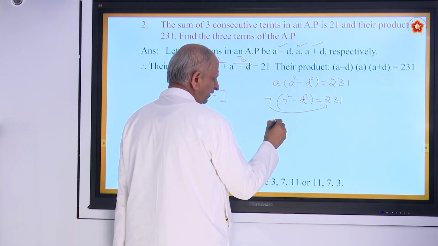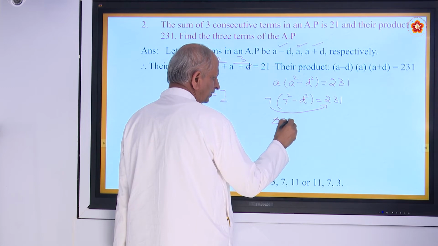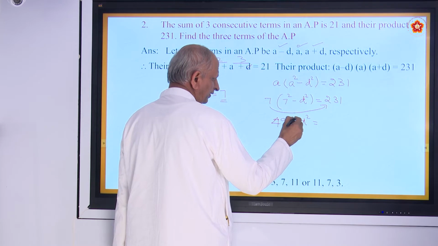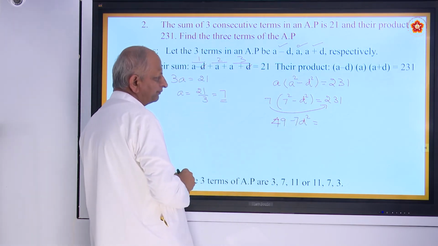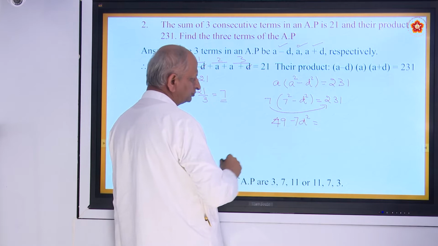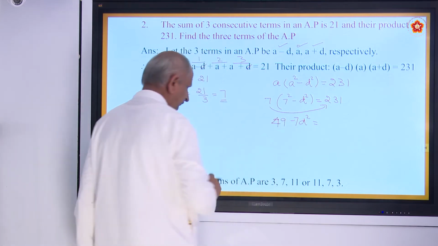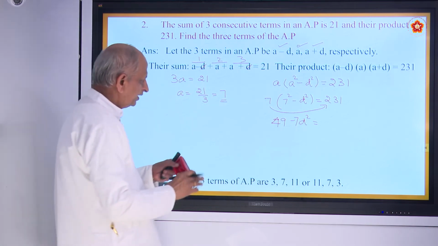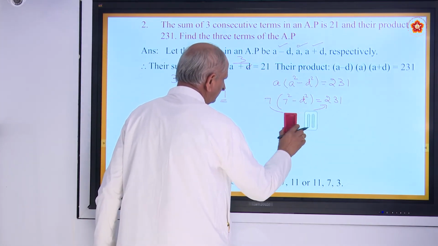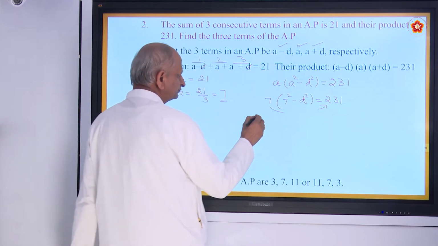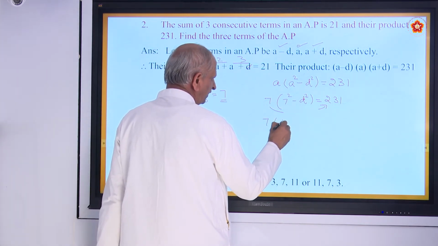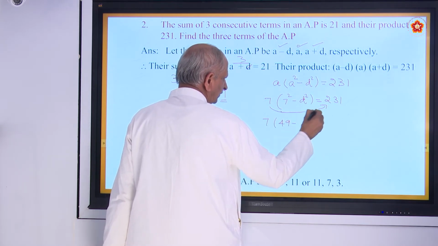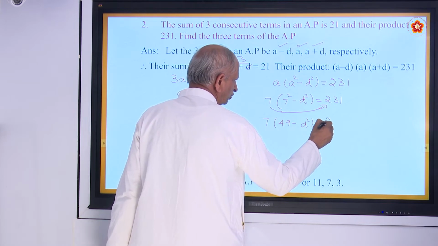So 7 square is 49 minus D square, 7D square. So you have 49 minus D square into 7. If you multiply, how much you get? 7 into 49 minus D square is equal to 231,